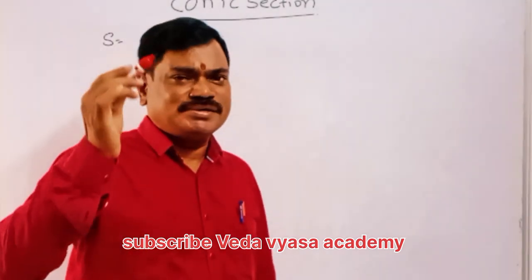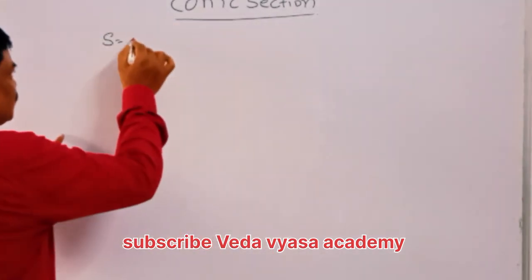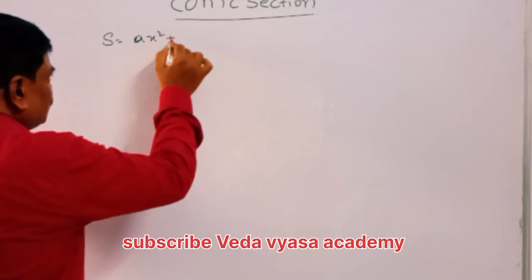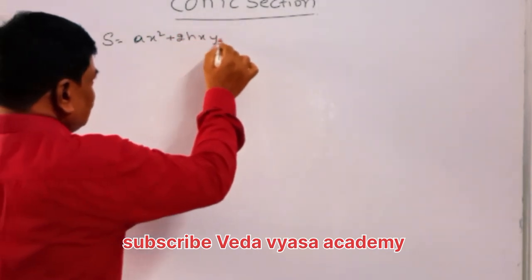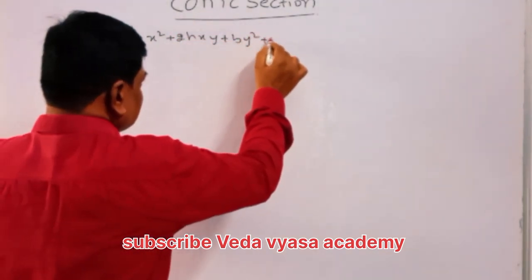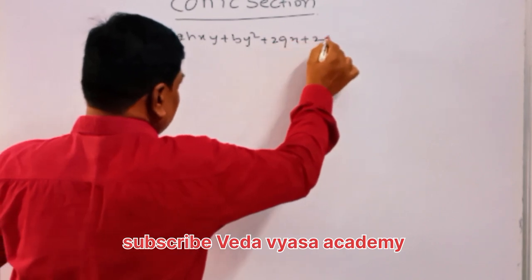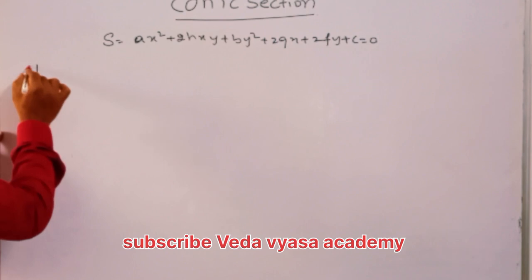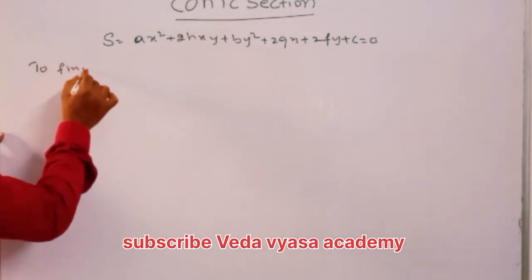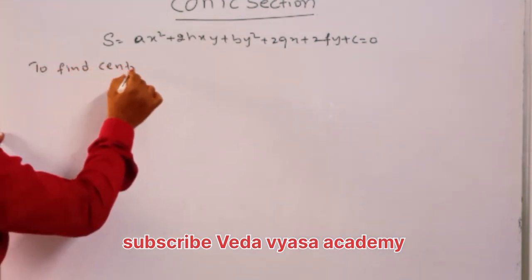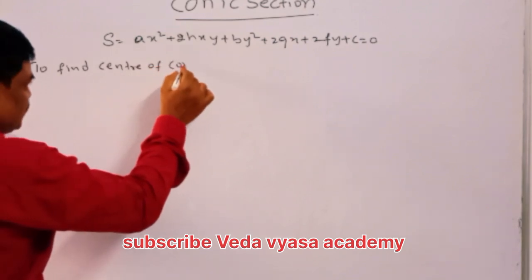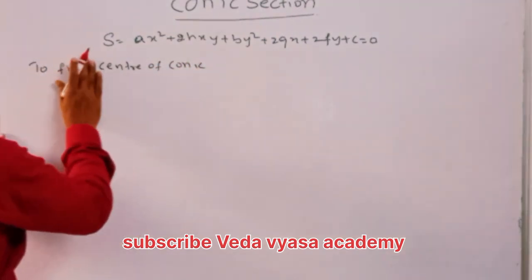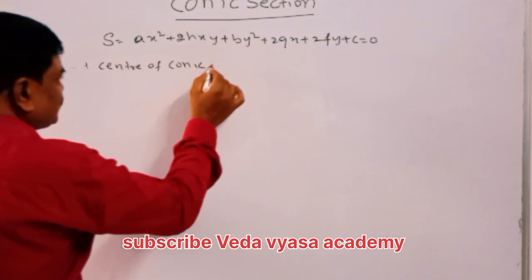Let us represent it by S. S is equal to ax square plus 2hxy plus by square plus 2gx plus 2fy plus c is equal to 0. To find the center of the conic section,